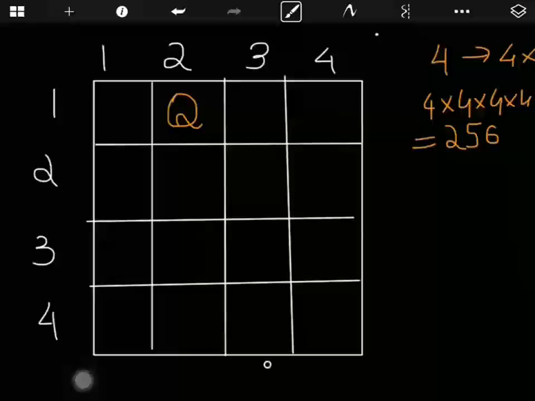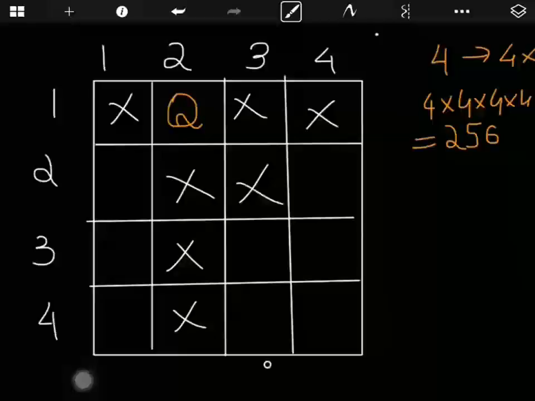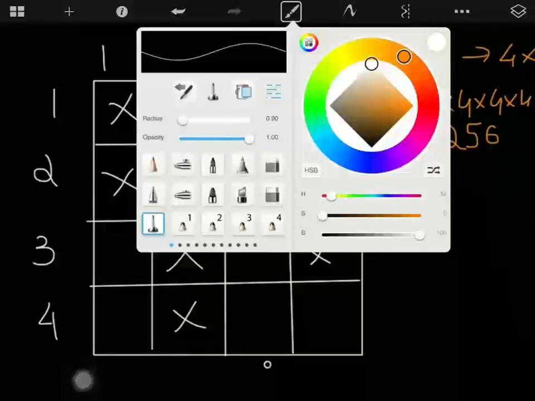Okay. So now if I quickly cross out all the invalid cells, this diagonal. So, and now we can see that we have only one solution for our